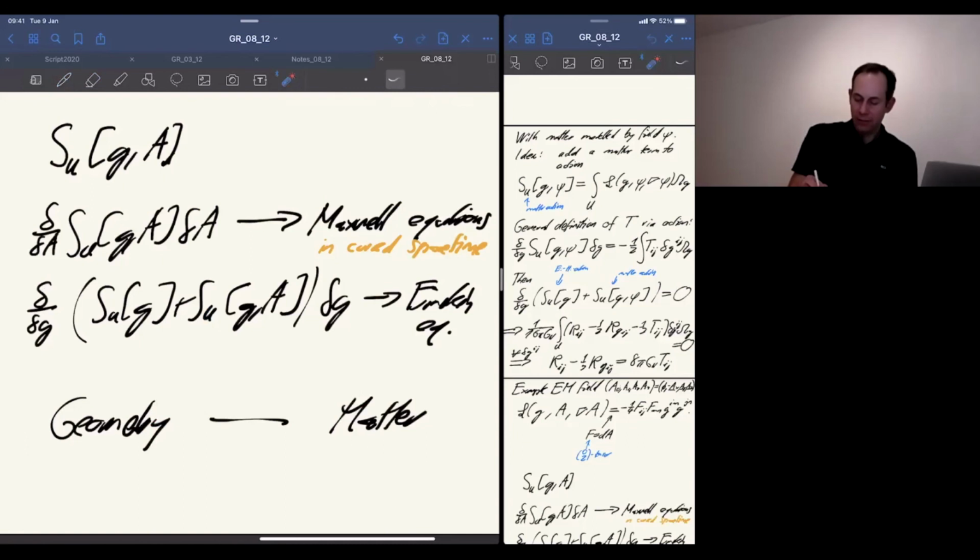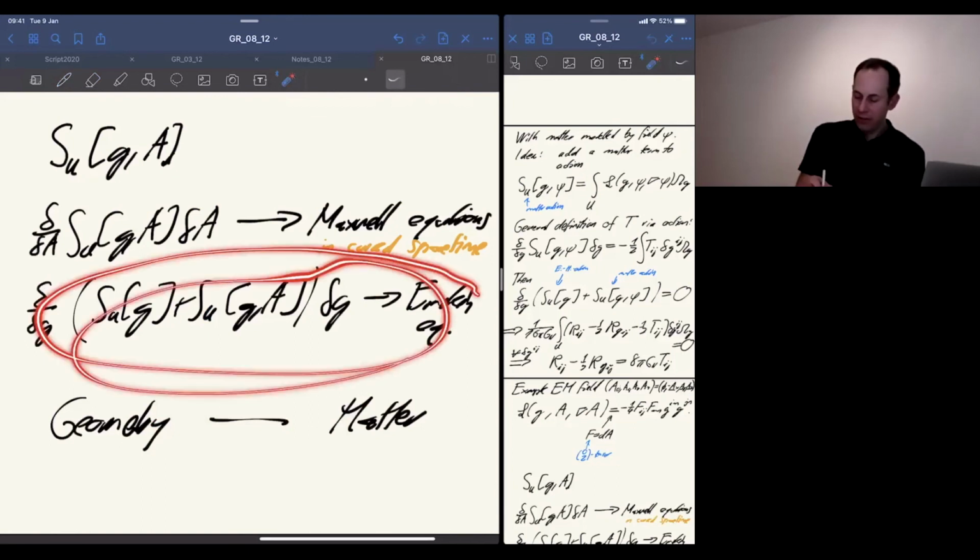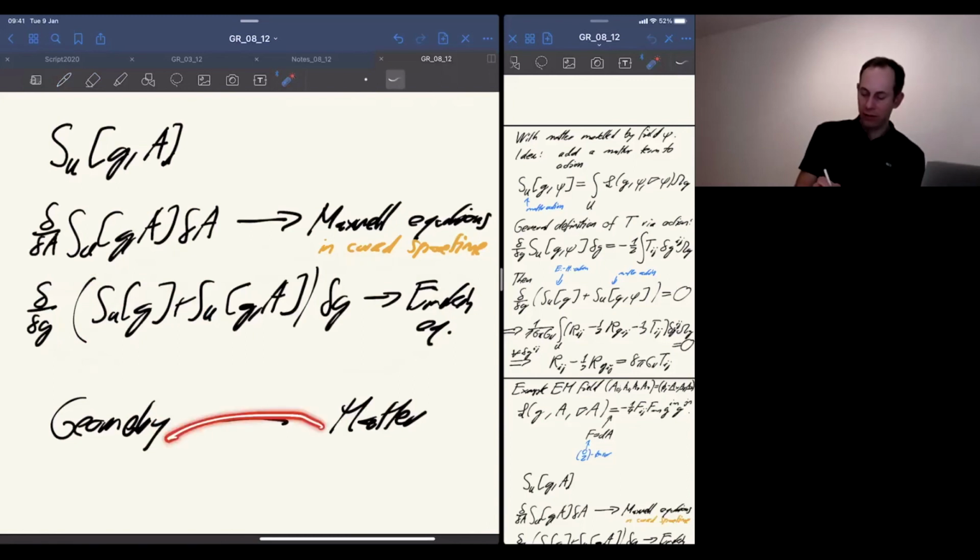This direction here is the direction that is covered by the Maxwell equations in curved space-time. If I have the Maxwell equations in curved space-time, I know how electromagnetic fields, and therefore radiation and light, propagate in curved space-time, and therefore how it depends on gravity. It will explain, for example, how light is deflected by a gravitational field and all that. So these are all things I can view as the geometry influencing matter. But then the same thing told us what this thing is, which are the Einstein equations, and the Einstein equations tell us how matter influences the geometry.